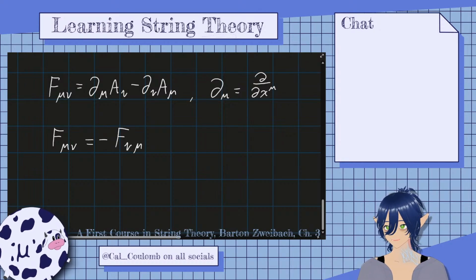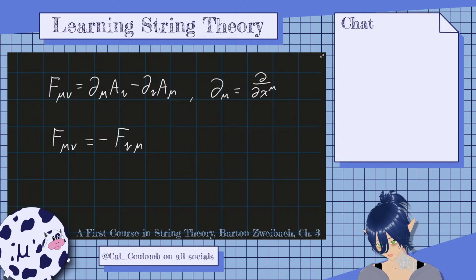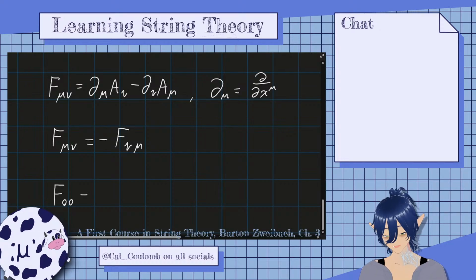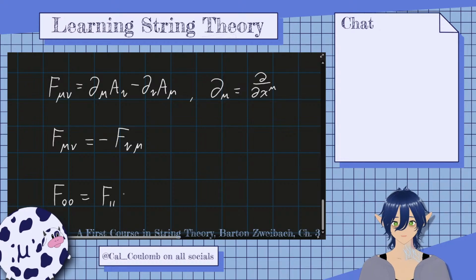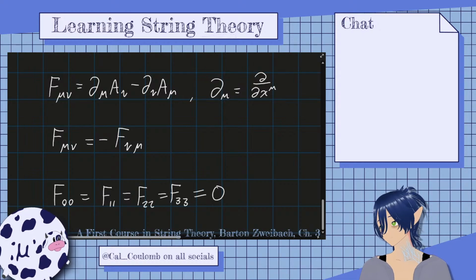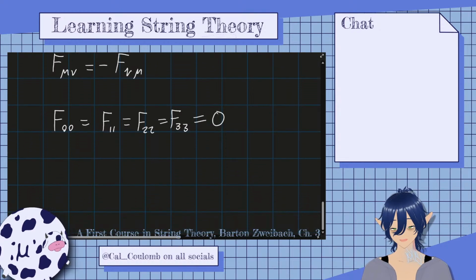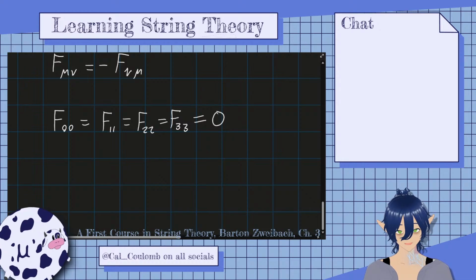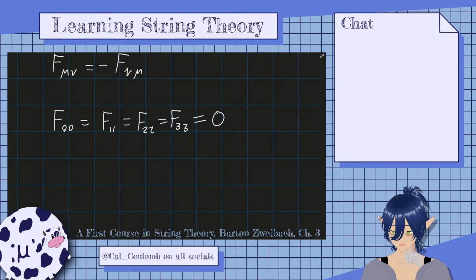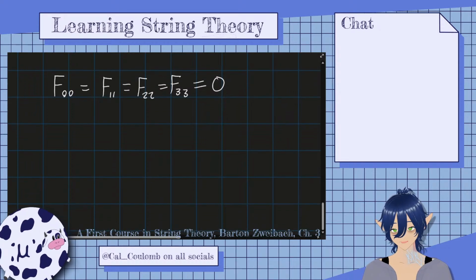It follows from this property that all diagonal components of F mu nu vanish. So F00 equals F11 equals F22 equals F33, which all equals 0. Let us calculate a few entries of F mu nu. Let i denote the spatial index, that is, an index that can take the values 1, 2, or 3. Making use of 3.15 and 3.8, we find that